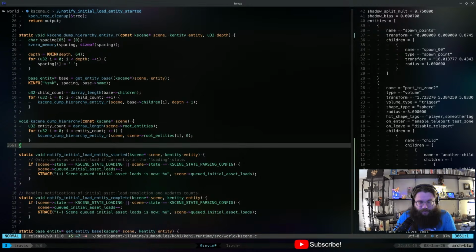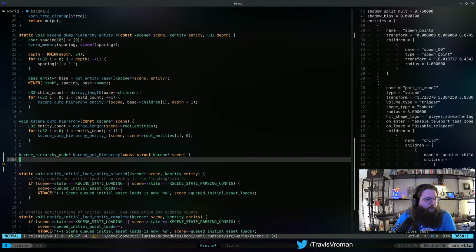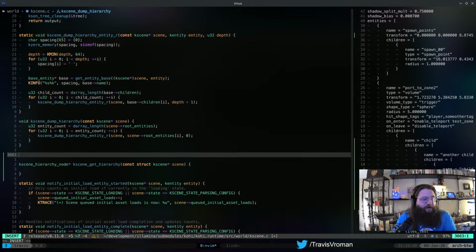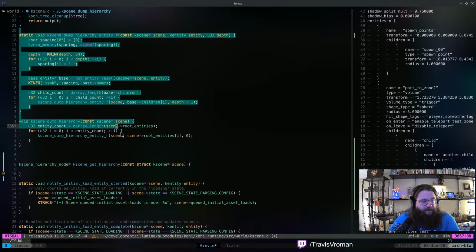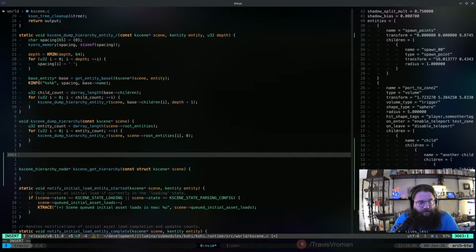So let's actually just go to this real quick. So put this here. Right. And what we're going to do is set up a recursive function similar to the way that this one works. That's going to return a hierarchy node, and then we're going to push that into a D array, right?